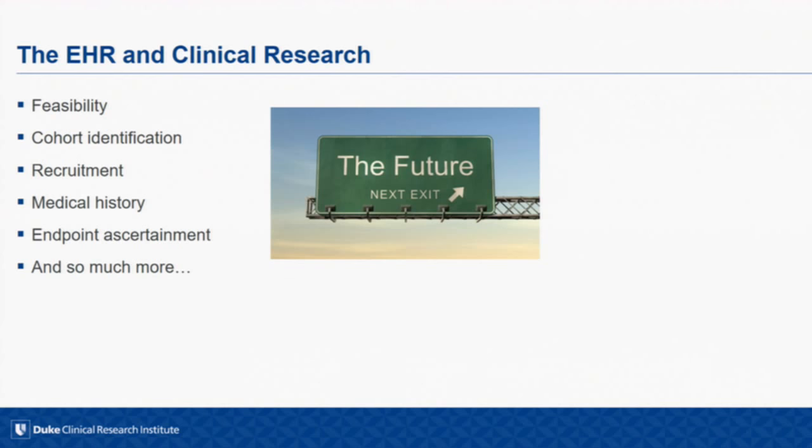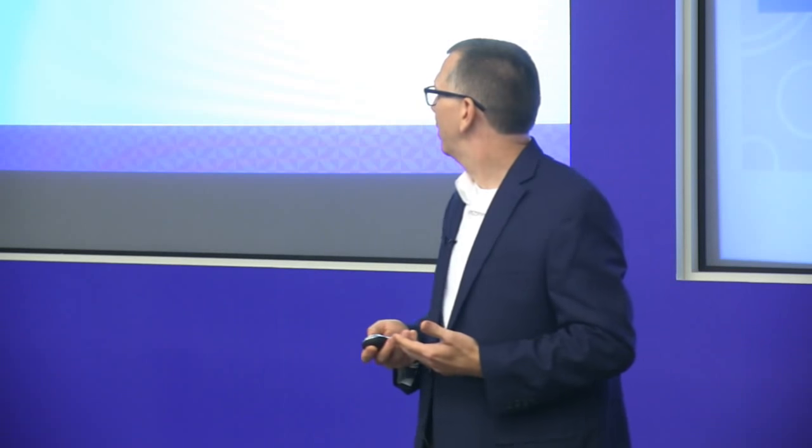If I want to identify a cohort really specifically, I might want to look at my EHR data. Certainly for recruitment, we want to figure out when that patient might be coming in so that we can make sure to intercept them when they show up. Of course, clinical nurses are using this for medical history ascertainment of patients who are in trials right now, and the same thing for endpoint ascertainment. So some of that